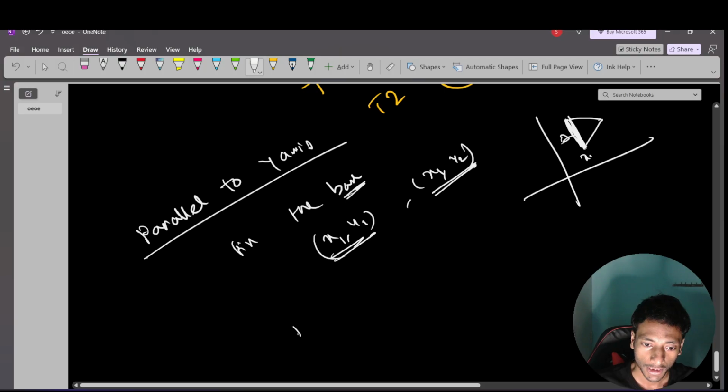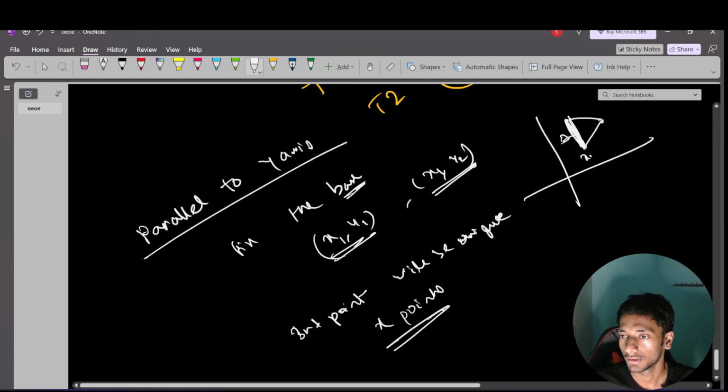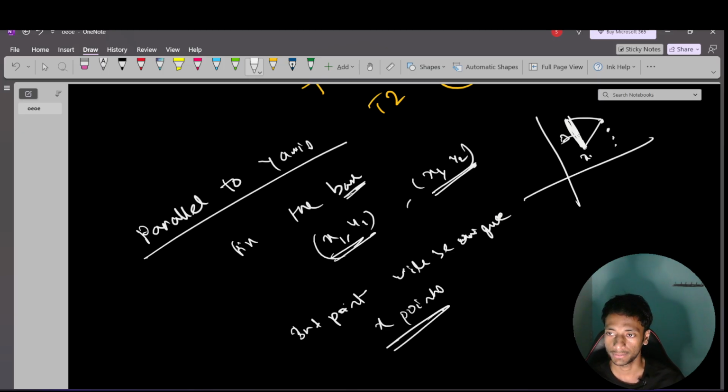Now the third point will be the unique x points, correct? Because if there is another point in this plane at the same x position, would you need to calculate it? No, because the height will be the same, so our area will be the same. I can optimize this. So I have to visit all the unique x points, and I will try to calculate the area for this